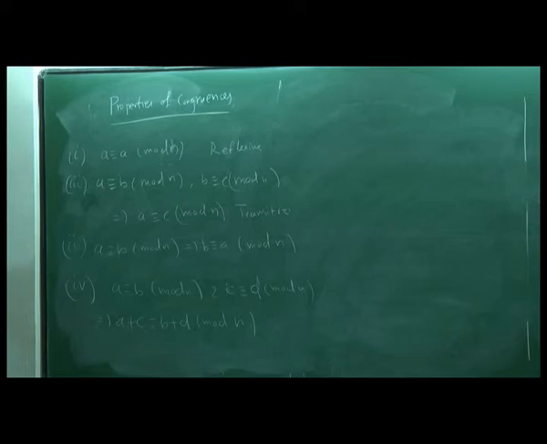So how do you prove it? A minus B is in the same form. A is in the form of n times something plus k, and B is also in the form of n times something plus k. So you write B minus A equal to n times k1, D minus C equal to n times k2, and prove this property.